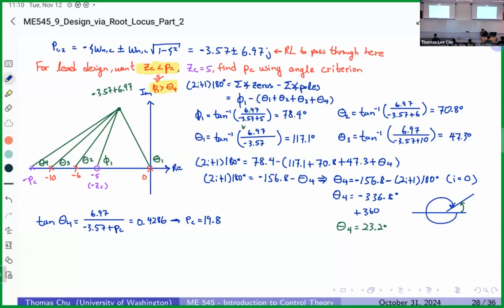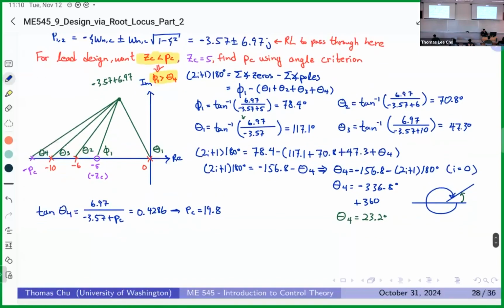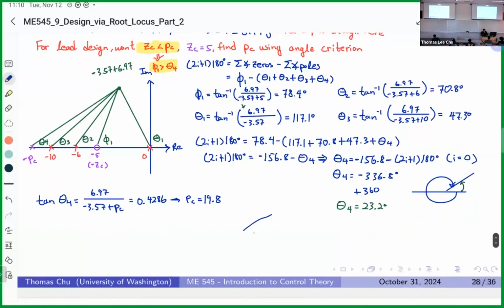But then I have to add that to, like, I'm looking at hard disk drives, so maybe I need to capture the dynamics of this little reader on this little disk, but then it's connected to another actuator. So I need the dynamics of that. I need the dynamics of that. So by adding more poles, I can more accurately represent that model. So in terms of what it means physically,